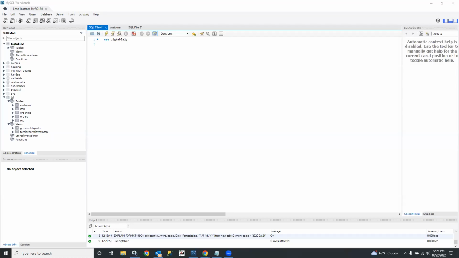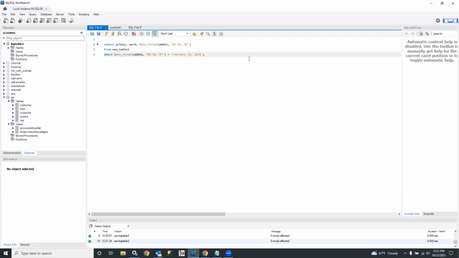In this lecture, let's explore some aspects of Sargable versus non-Sargable queries and explore the visual explain plan feature that is provided by MySQL Workbench. So we're going to be working on big table. So let's go ahead and set that context. All right. And if we take a look at a sample problem from the assignment, it says this query is